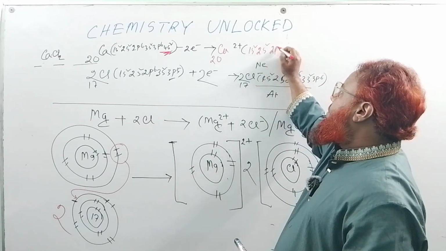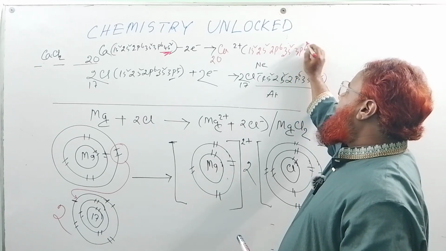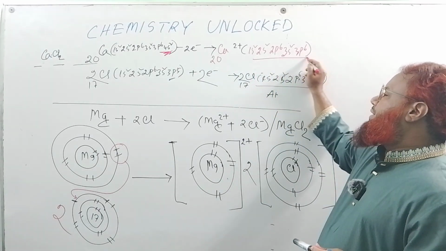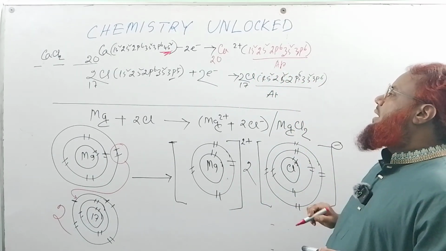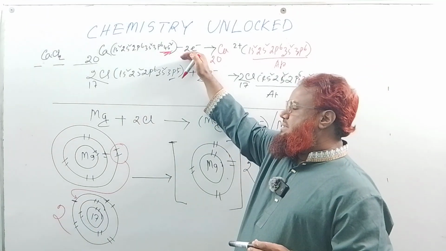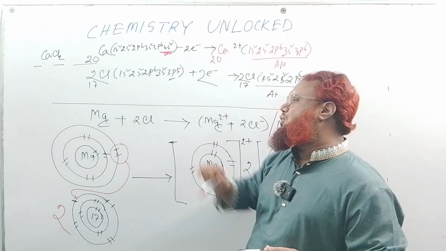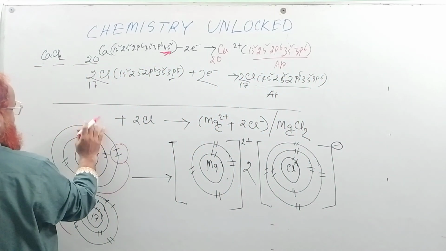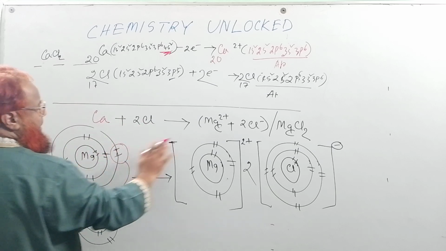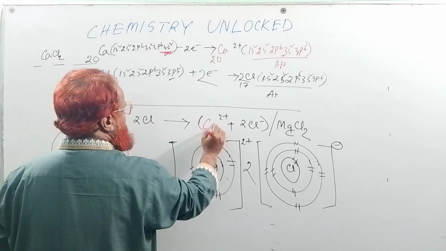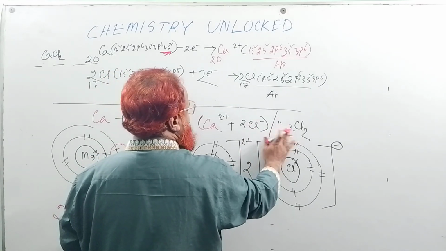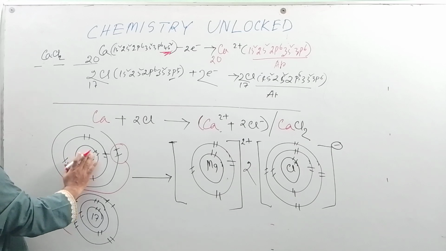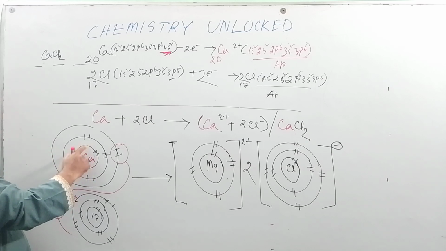1s2, 2s2, 2p6, 3s2, 3p6, 18, and it will be the similar electronic configuration of the inert gas argon. So calcium will donate 2 electrons, and those 2 electrons will be received by the 2 chlorine atoms, and if we add these atoms, Ca here, 2 chlorine, we will get Ca2+ and 2Cl-, that will make CaCl2. Finally, here Ca, first orbit, second orbit,